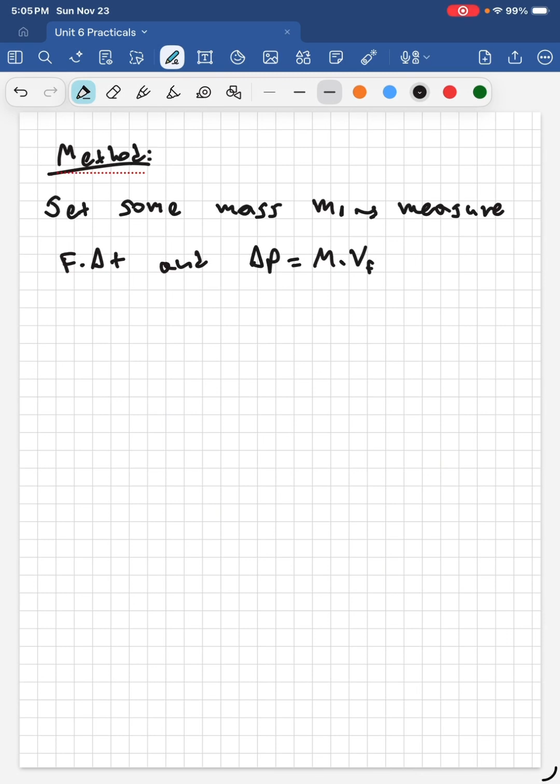So F delta t is equal to mg, so m1 g delta t, and delta p is M times v final. Okay, and then repeat